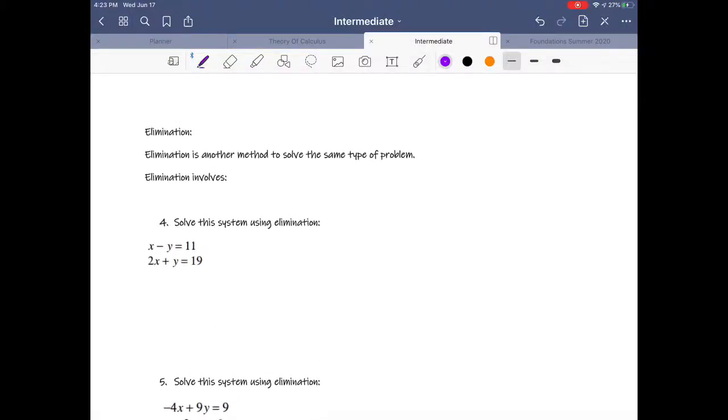In my last video, I taught you how to solve systems of equations using graphing and substitution. And today we're going to look at elimination and then applications of solving systems of equations. So elimination is just another method to solve the same type of problem. Once you've learned all three, then you can kind of choose which one you want to use based on the problem that you're given. So elimination involves